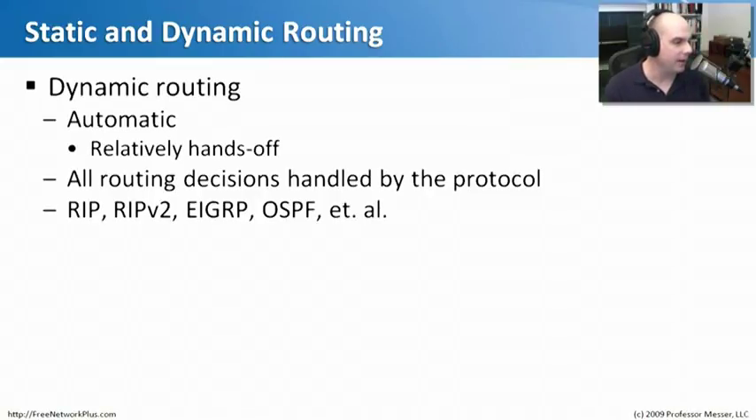Now, dynamic routing is, like the name implies, very automatic and very hands-off. That means that all routers are able to make changes to the routes all on the fly. All the routing decisions are handled by RIP, they're handled by OSPF. They're able to decide at any point in time when things change on the network how the traffic should route